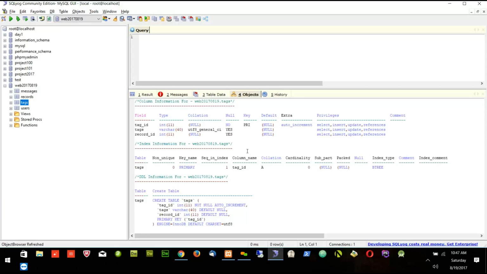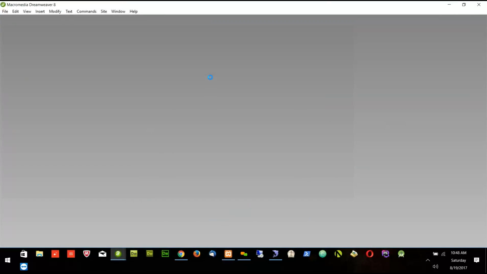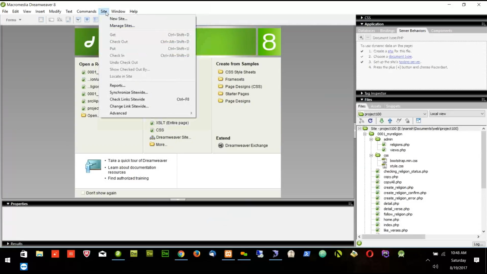Now we will go and start writing our code. We are a little late, but we will cover up soon. So now go to the Dreamweaver. Now we will do some setup in Dreamweaver, which is needed for the project which we start. Whenever we start a project, we need this setup. Go to the site and open the Dreamweaver. Okay. Let me stop the recording and